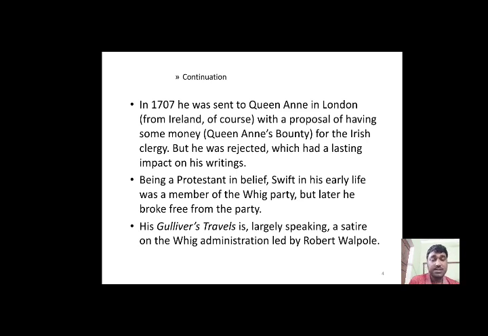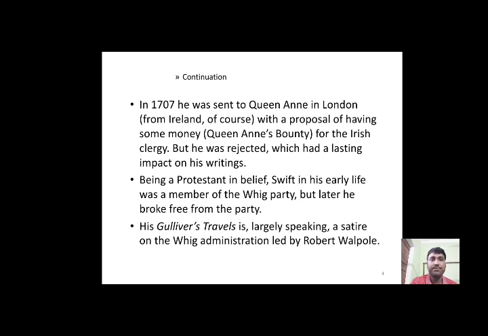Another thing that you must remember, or that is very important in Swift's life, is being a Protestant by nature, he supported the Glorious Revolution. Now, I will talk about the Glorious Revolution a little later. He supported the Glorious Revolution because this revolution was pitched against Catholic linearity. The Glorious Revolution began in 1688, and this was set against a kind of Catholic tradition. But Swift was a supporter of the Glorious Revolution, because it was ultimately a tradition which heavily depended